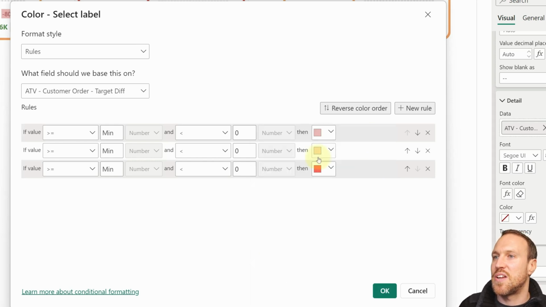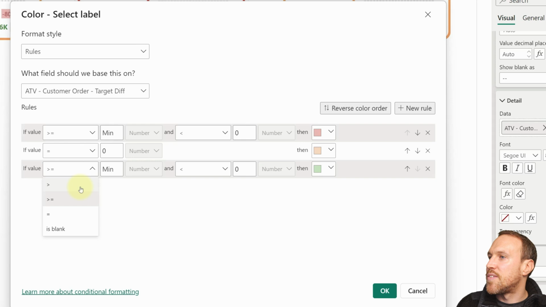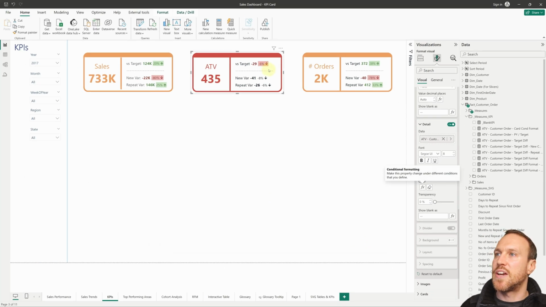So we're going to do a light red, a light orange, amber, and a light green. And then we just do exactly the same. We just go in there, do 0, and then go greater than 0, and then take that off. Go. Nice. There you go. You have your conditional formatting set up for your target,